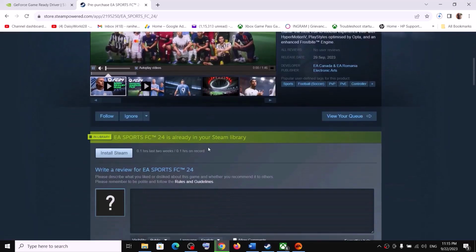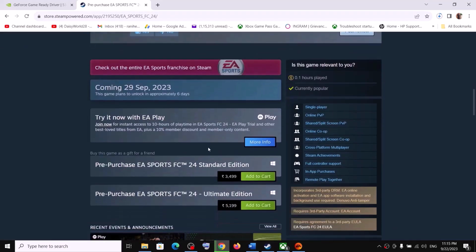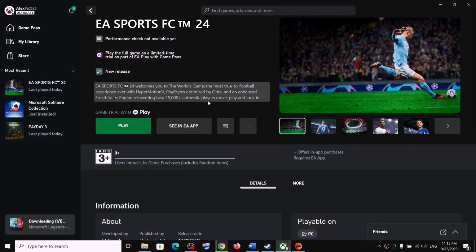Now if you have the EA Play, you will see over here the try now option. In my case, it's telling me to join. In your case, play now or try now would be highlighted over here. So many players were able to launch the 10-hour trial version. You can launch the trial version from the EA store page, and if you have Xbox Game Pass